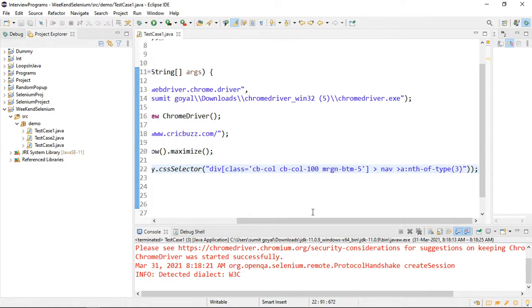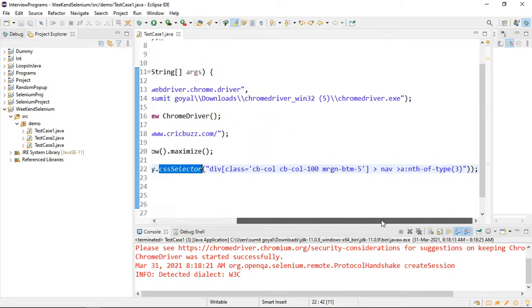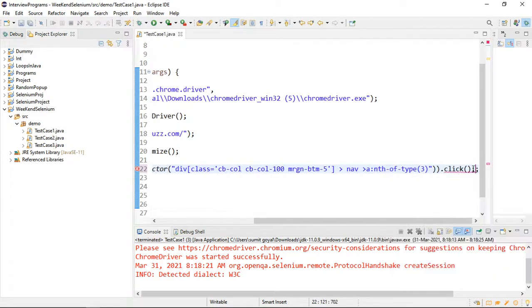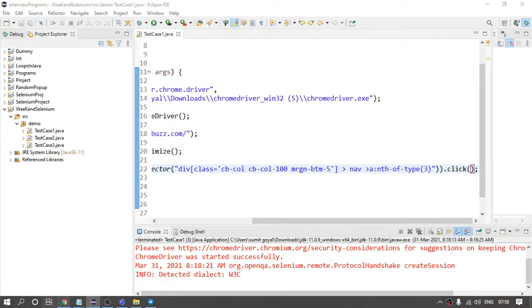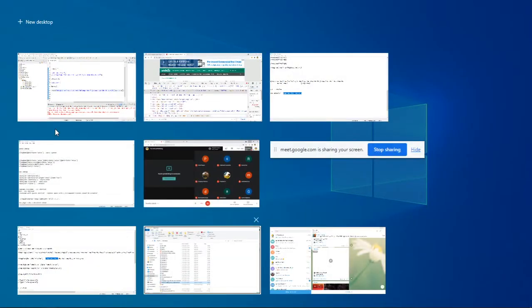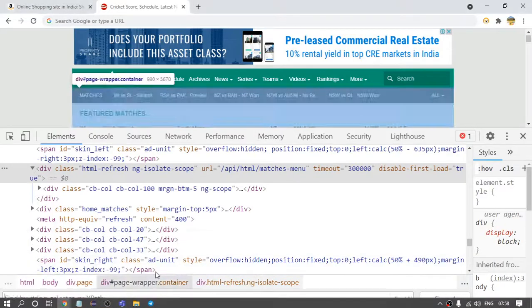So I am using by.cssSelector, provided the CSS selector, and I will click on that. So I will say dot click. Let us see which element it will click. First, let me check what it is going to click.